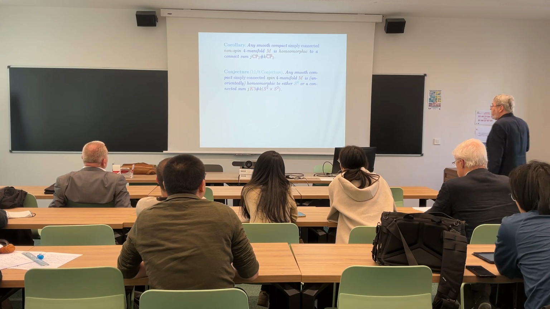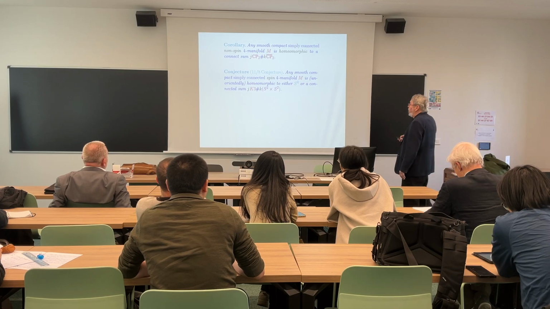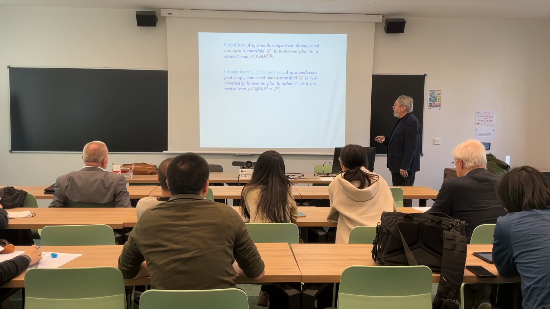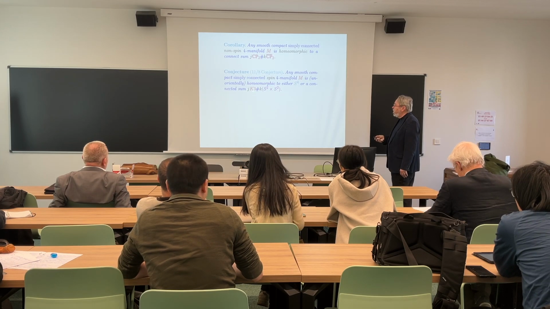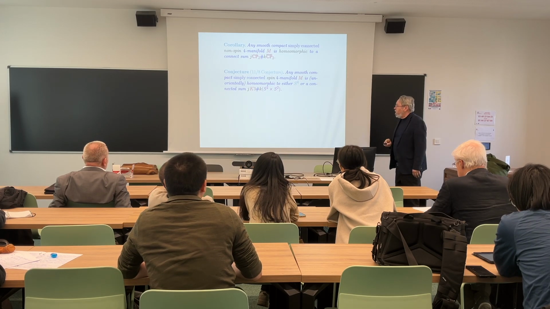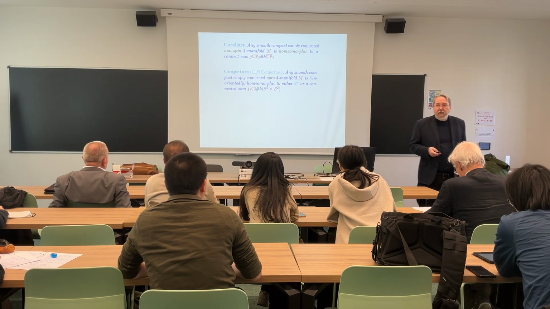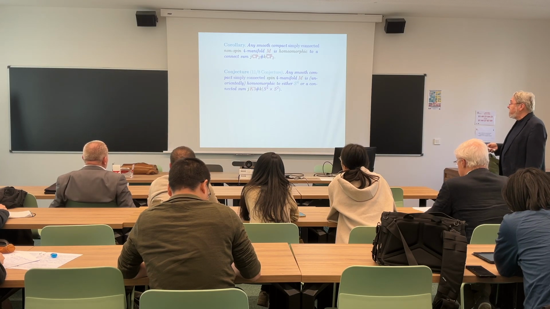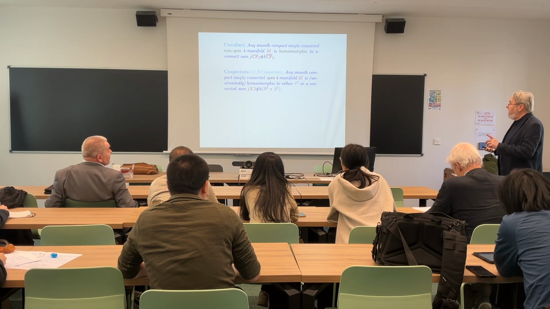So up to change of orientation, the only possibilities would be, well, S4, of course, which has trivial intersection form, or you can take a connected sum of J copies of a K3 surface and K copies of S2 times S2. Now, I say conjecture here, this is called the 11/8 conjecture